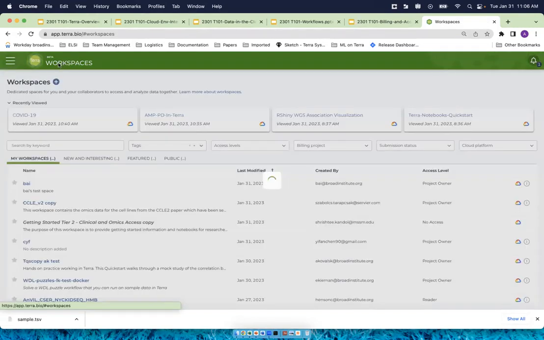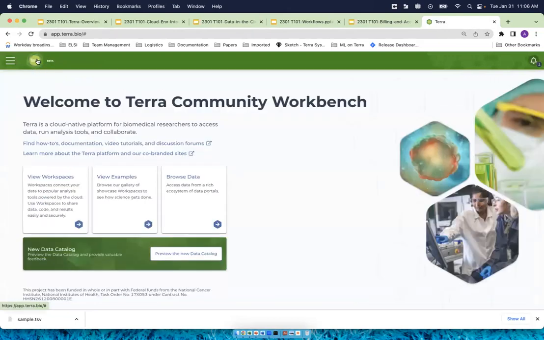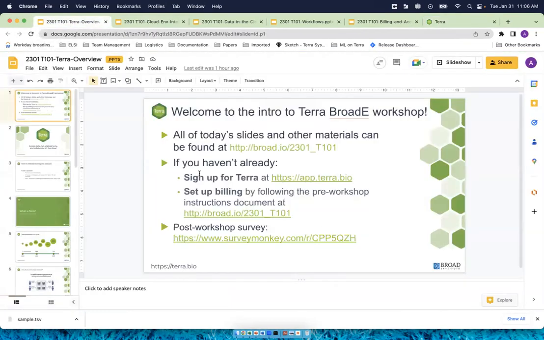So I'm going to go back to the landing page. It takes a little bit of time sometimes. I just click on this banner up here, and it takes me all the way back. Or actually, for the sake of everyone's convenience, we're going to use the link that the TAs should be able to provide